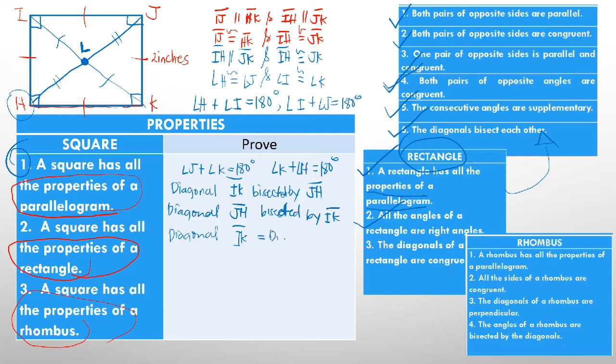Ibig sabihin, if IK is equal to 5 inches, then yung JH natin or diagonal JH is also 5 inches. Kaya, if the diagonal is bisected, then IL is equal to 2.5 inches and